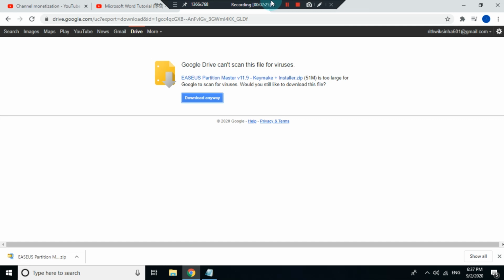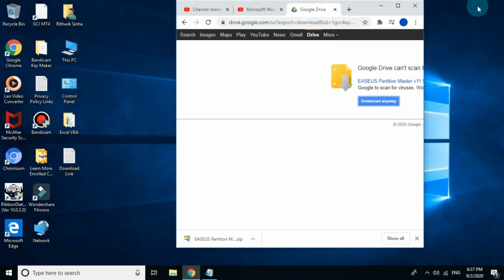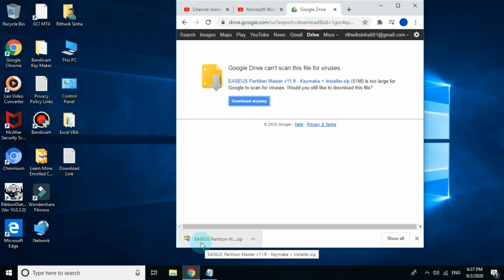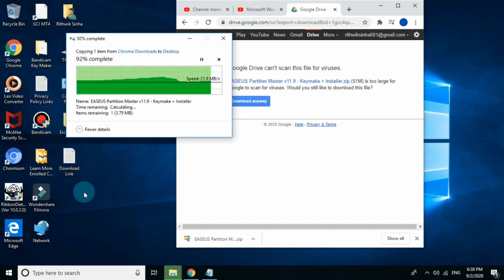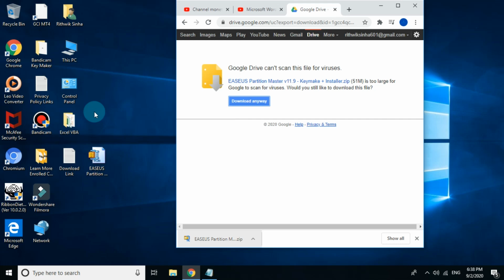Now as you can see, this file has been downloaded. What you have to do is just drag from here and put it on the desktop. The name of the file is EASUS Partition Master version 11.9 Keymaker plus installer.